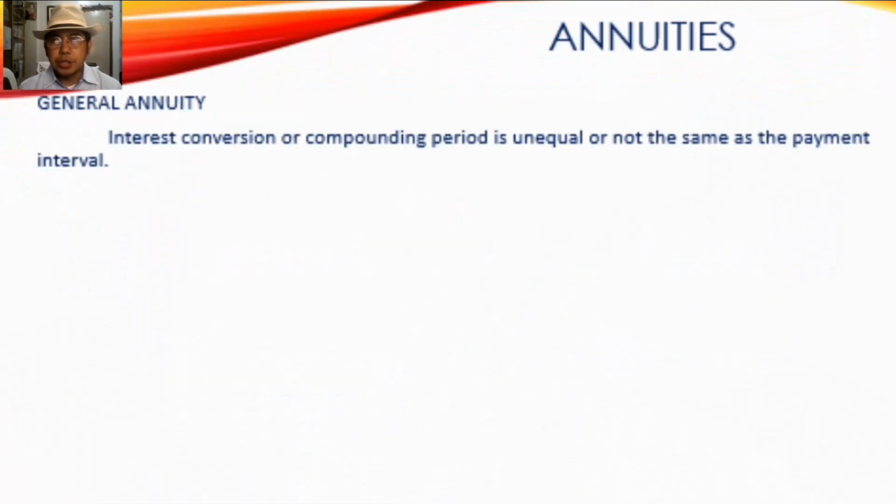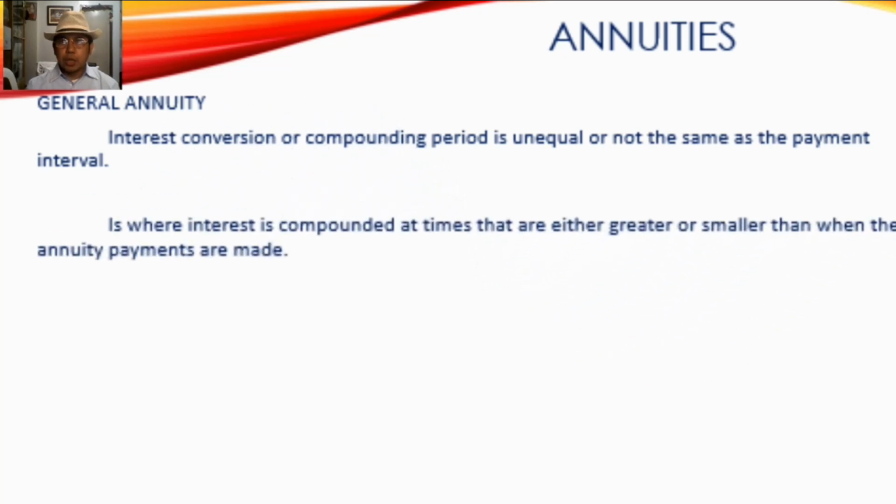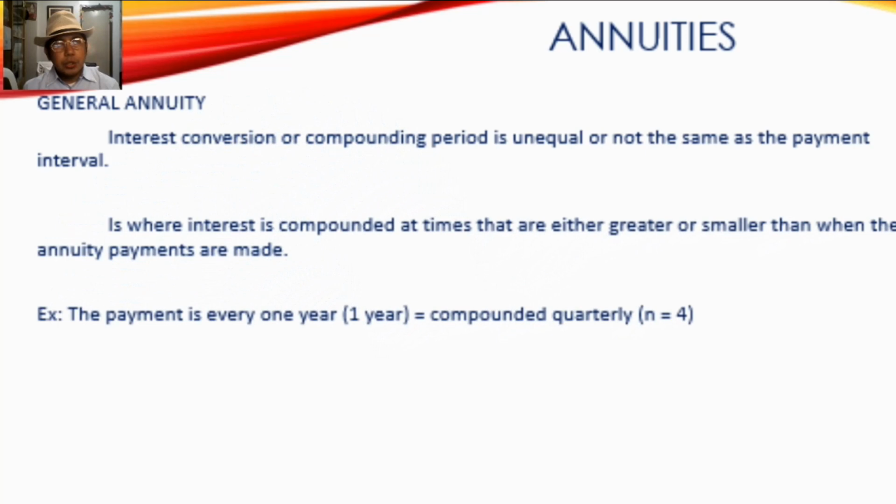And so it says in here, general annuity: the interest conversion or compounding period is unequal or not the same as the payment interval. How are we going to illustrate this one? Okay, so to illustrate this one, shall we say you have a loan of 10,000 pesos. Your payment is every 1 year, but